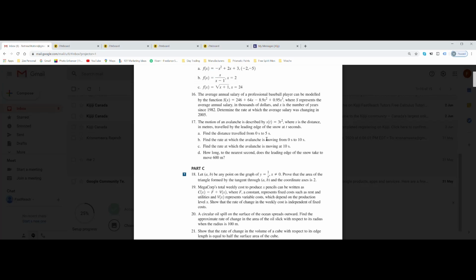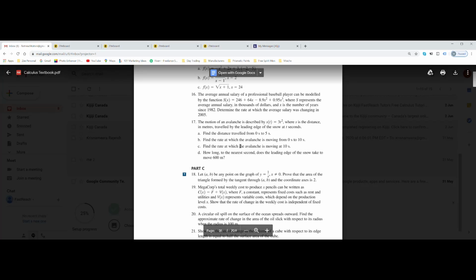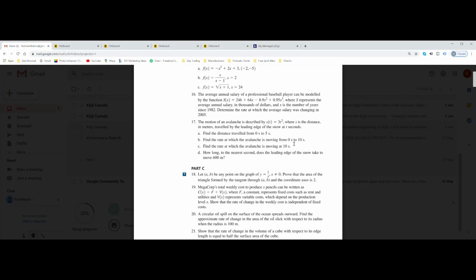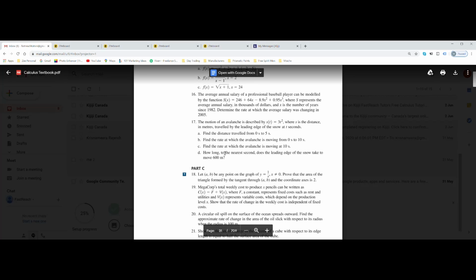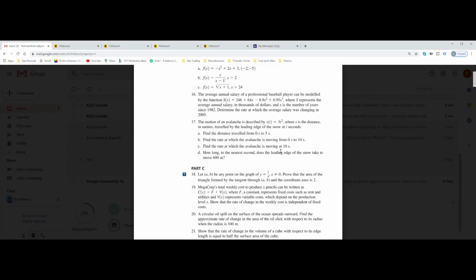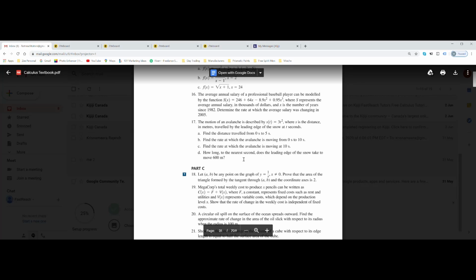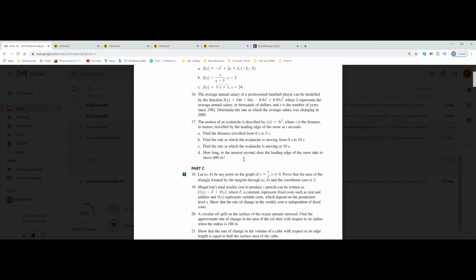Find the distance traveled from 0 seconds to 5 seconds. Find the rate at which the avalanche is moving from 0 seconds to 10 seconds. Find the rate at which the avalanche is moving at 10 seconds. How long, to the nearest second, does the leading edge of snow take to move